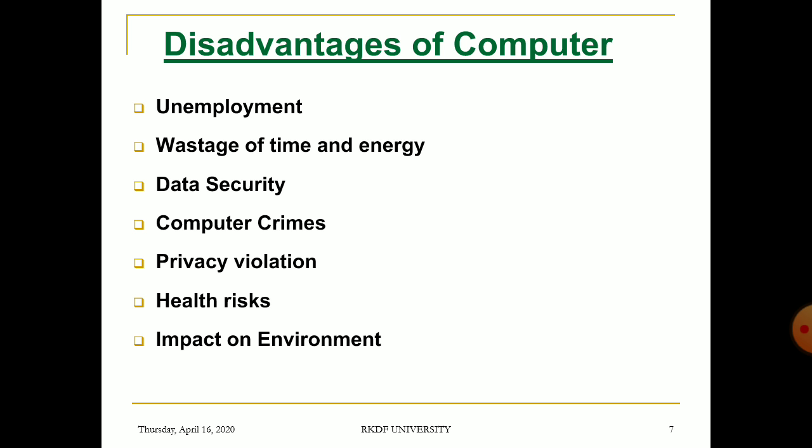Privacy violation. Privacy of a person can be violated if the person and confidential records are not protected properly. Health risk. The improper use of computer can result in injuries and disorders of hands, wrists, elbows, eyes, necks, and back also. Users can avoid health risks by using the computer in proper position. They should take regular breaks. I think it might be regularly after 30 minutes of computer use.